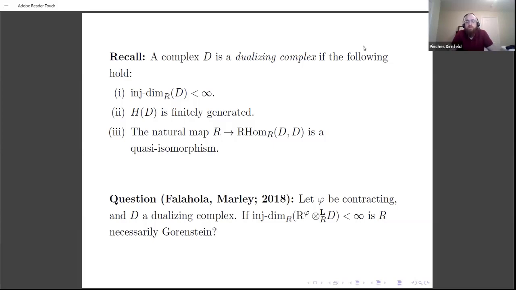The way you define the derived tensor product is you replace one of the modules with a flat resolution. Okay. Right, sorry, I'm not so well versed in this derived category knowledge. Okay, sorry, no, then it's not the same. Okay, gotcha. I actually don't know if it would imply, if I know it's true for the derived tensor product. Yeah, but not for the obvious reason that I was saying. Okay, all right.